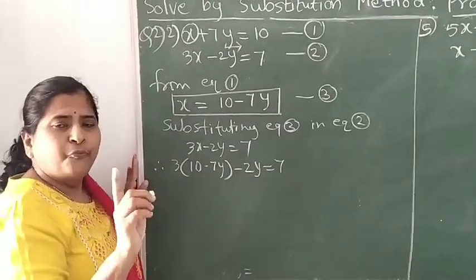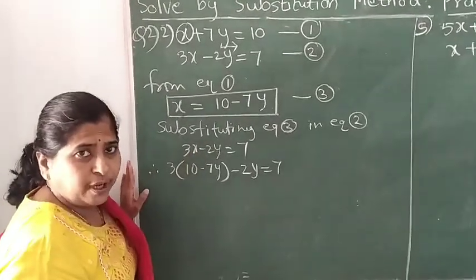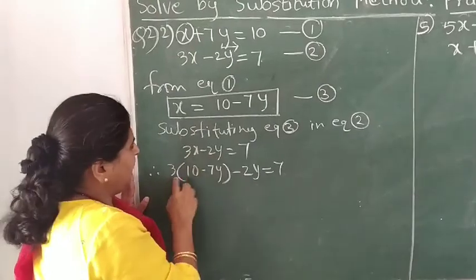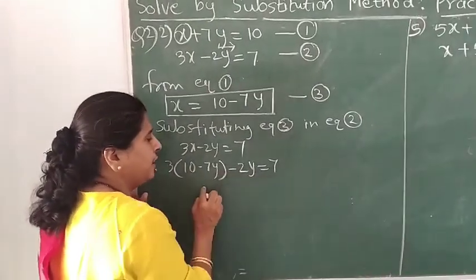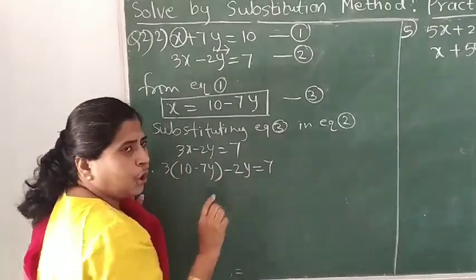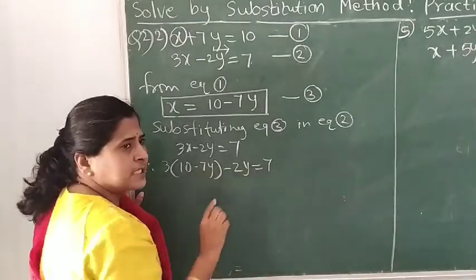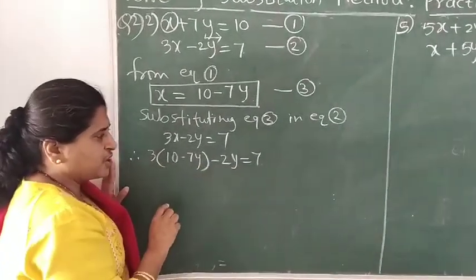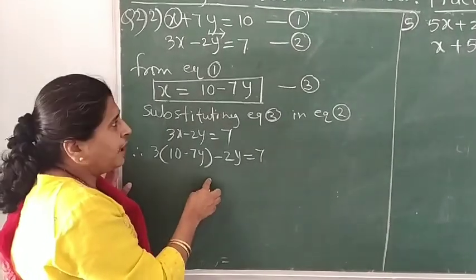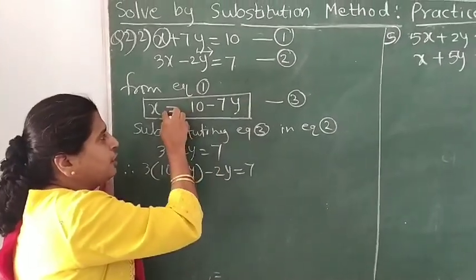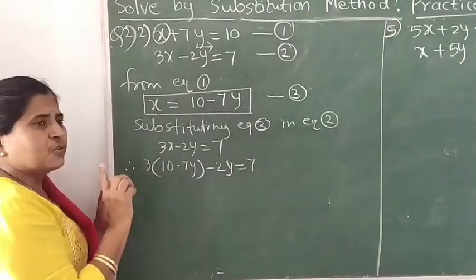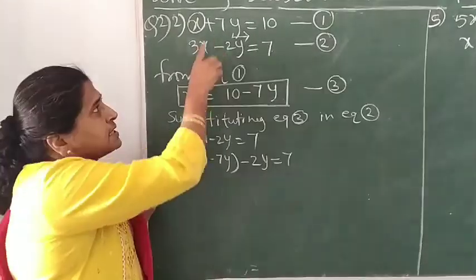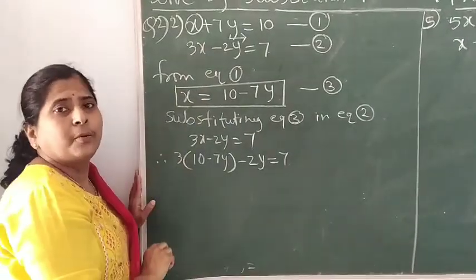Now, because of this step, what have we done? We have done the substitution of x in this, and we have got an equation in one variable. Here the x has gone. Only y has remained. Now the value of y we can get by solving this equation. And once we get the value of y, we can put it here to get the value of x. Okay. So this method is really easy. Especially you can use such methods in such situations in word problems.